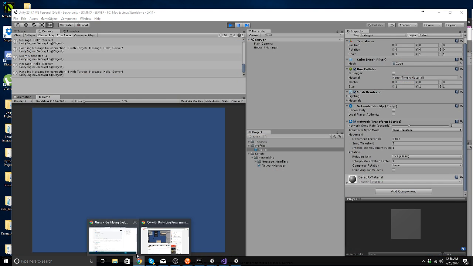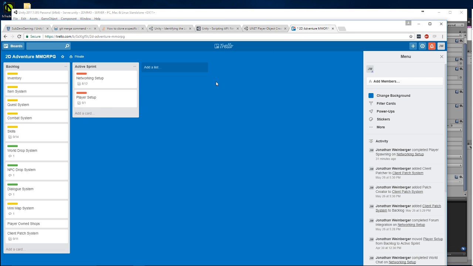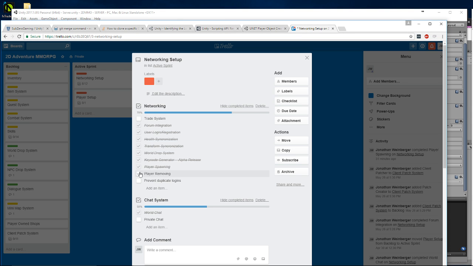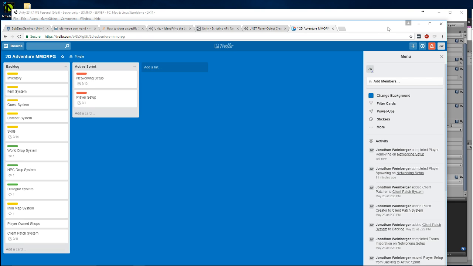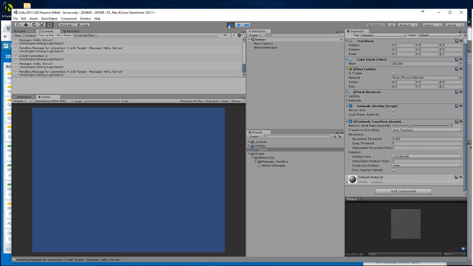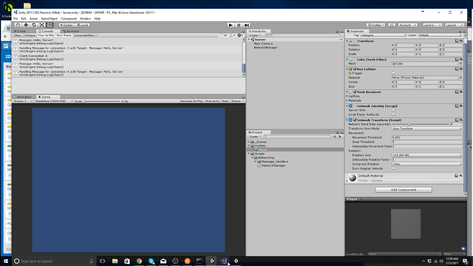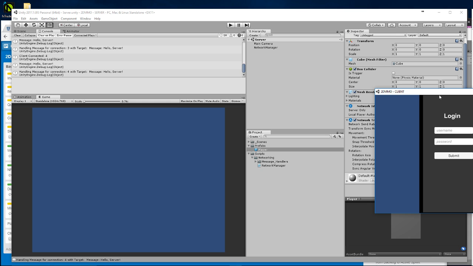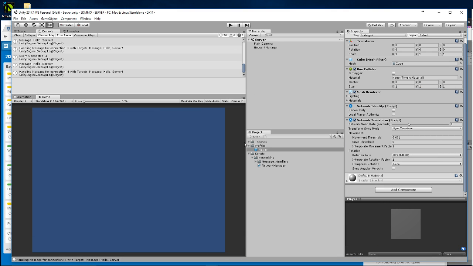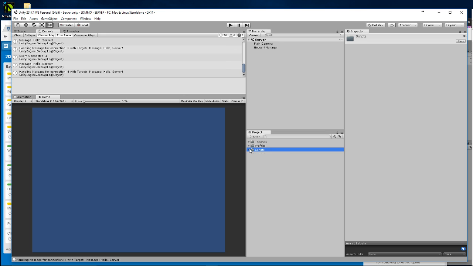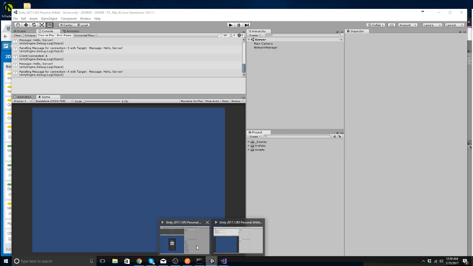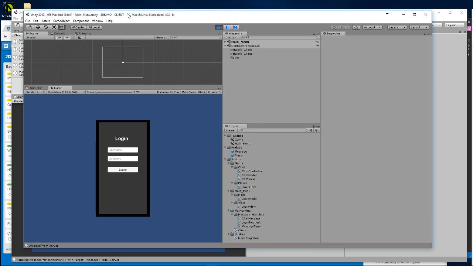Alright, so I'm going to check that off the list, and then let's polish this up a bit. So back into our networking setup, player removing, check. Alright, that is awesome and working and amazing. Let's head over to our client real quickly. We need to clean up some stuff, and then we're going to clean up some stuff on the server too. Alright, so over here on the client,